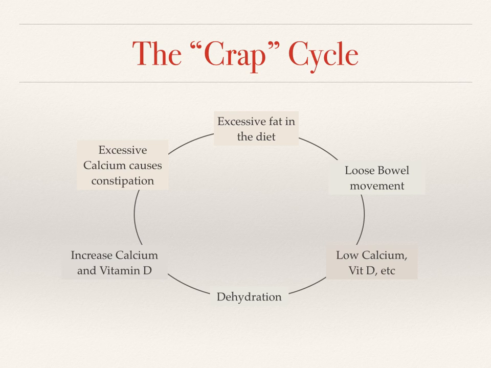The more fat in our diet, the faster the speed of the conveyor belt, the less time absorption takes place. And that drives the calcium down, and drives the vitamin D down, and drives down the time for us to be able to absorb the water. That will result in patients becoming dehydrated with low calcium, and we overtreat this by significantly increasing our calcium, and dehydration can cause constipation itself, which in turn we treat with more fat intake, which only